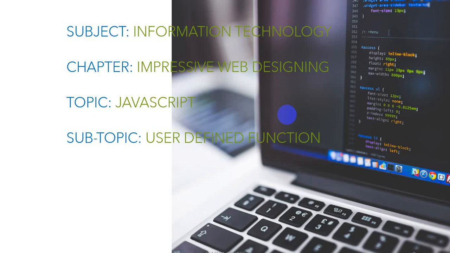Initially what we have learned was built-in function. Now in this lecture we will see what is user defined function, how we can create user defined function, and how we can use it in our programming language, or how we can solve our programming problem by using this function. There is a certain set of rules and regulations. If you are going to create your own function, JavaScript provides certain guidelines, which you have to follow while you are going to create or use a user defined function.